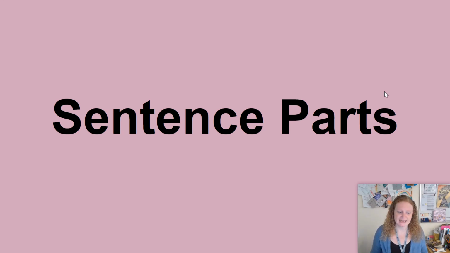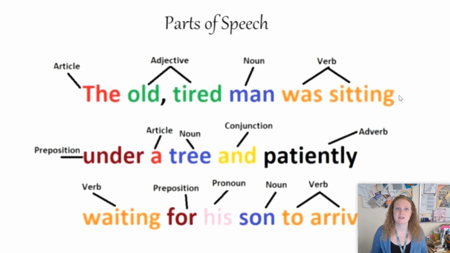So now we're going to take a look at sentence parts. So check them out. All of those word parts that we were just talking about, there they are in sentence form. And you don't have to have every word part in a sentence. It could be simpler than that. So here we have an article, the, and we're talking about the man, but first we're putting in some adjectives there, and they usually come before the noun in English. In Spanish, they usually come after the noun. So the old, tired man, so those are both describing the noun, that's why they're adjectives, was sitting. And was is part of the verb because it's showing that he was doing